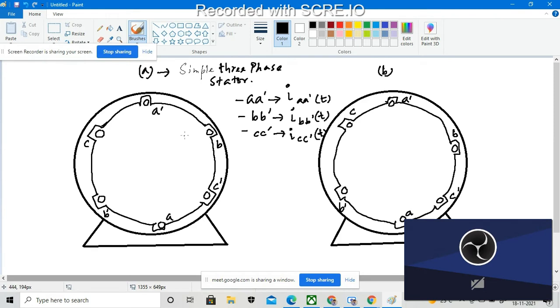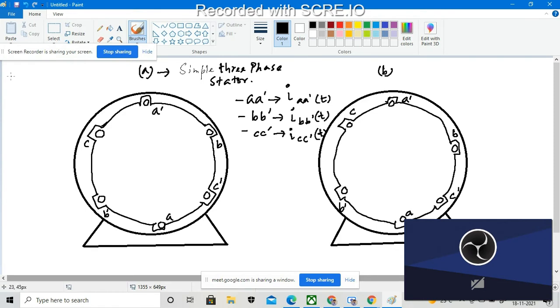The current in the coil A dash will flow into the A end of the coil and out the A dash end of the coil. So that will produce a magnetic flux through this particular A dash coil. So the current that will flow is this one. Due to the flow of the current, the magnetic field intensity will be generated, right? So for that case, what will be the equations? That means we have to write the correct equations for that. Okay, so what will be the equations?